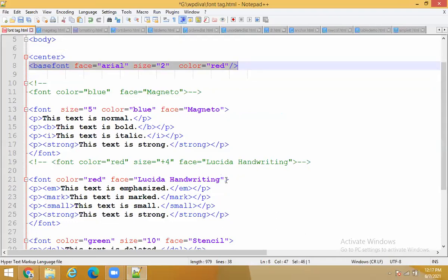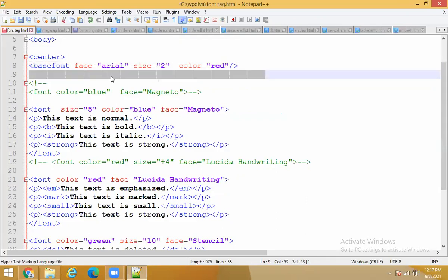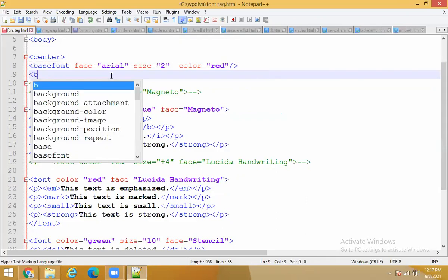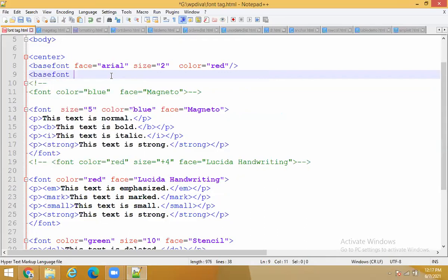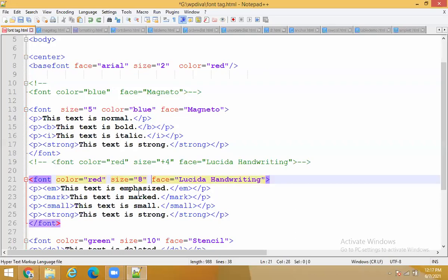So how does that base font work, guys? Base font here, by default, is applicable for all the features that we are taking, right? Clear to you? Whatever is in the base font tag will get executed by default when you skip any of the properties in the font tag. Clear to you? Any queries?